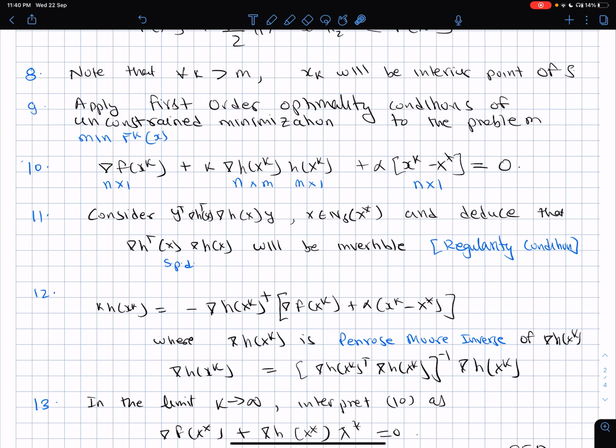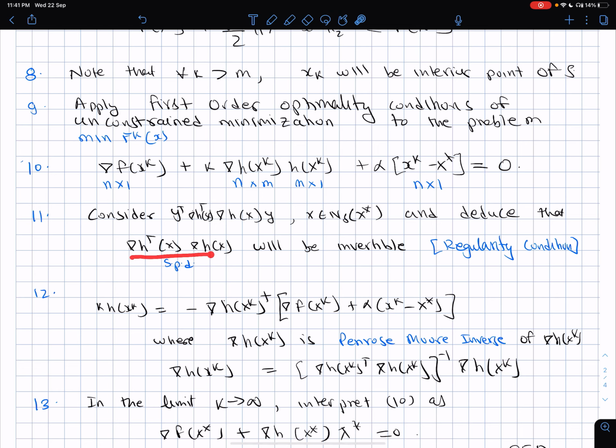So once this gradient vector is 0, good. Now, why did we get this? Because xk is an interior point of the set S, and k tending to infinity, that subsequence was going to x star. So now what I am saying is, look at this step also carefully. Every step is important, of course. So far you see, I have not brought in the regularity condition anywhere. At some point of time it's stated in the theorem, it will have to be used. Now this is where I am using this condition.